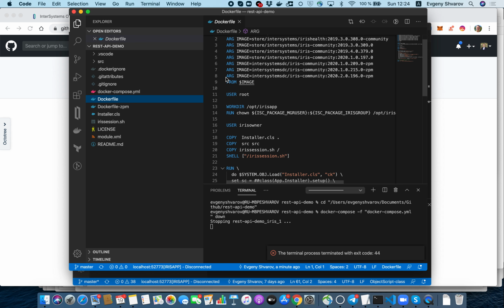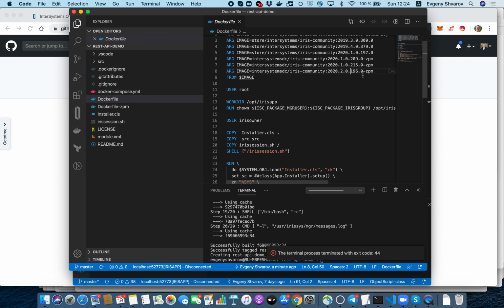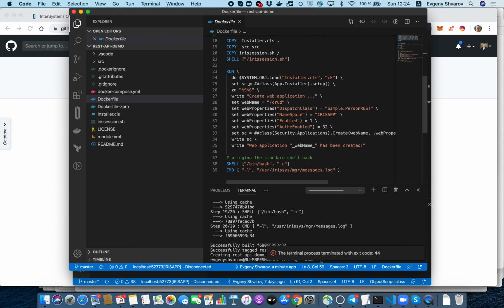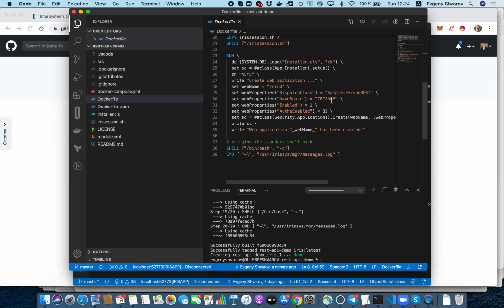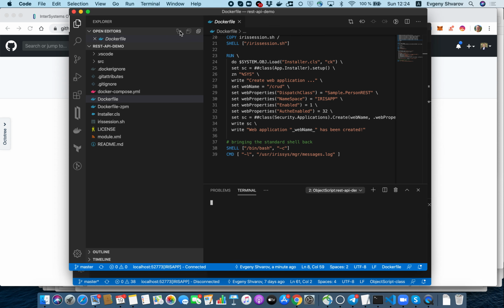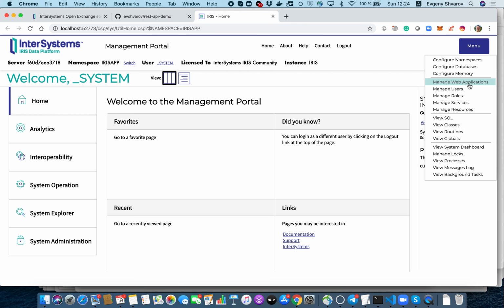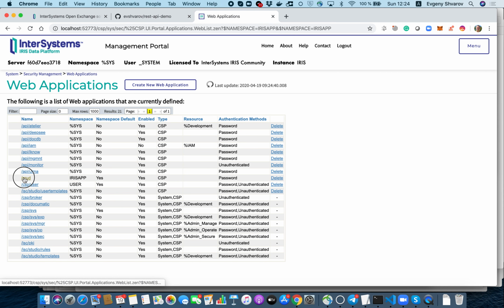So we will build an IRIS 2020.2 image with ZPM inside, and this Dockerfile will also create a web application CRUD with dispatch class Sample.PersonREST in namespace IRISAPP. So it's already created. Let's connect to it from InterSystems IRIS. Perfect. And let's see if we have this web application created. Indeed, we have a CRUD